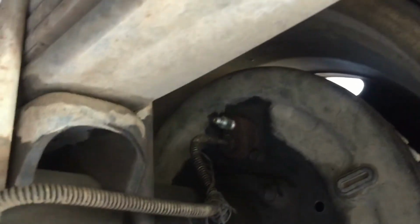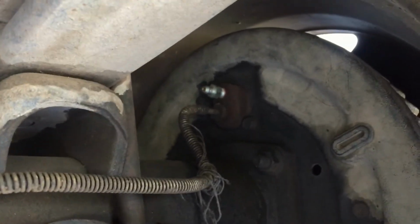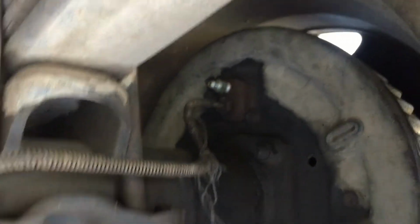Okay, now you'll have somebody in there pumping it, and he'll let you know, okay, I'm ready, and he'll hold the pedal down, and you open that, let the air out, then you close it. Don't let that guy release the brake pedal till you're done. You'll let him know. But